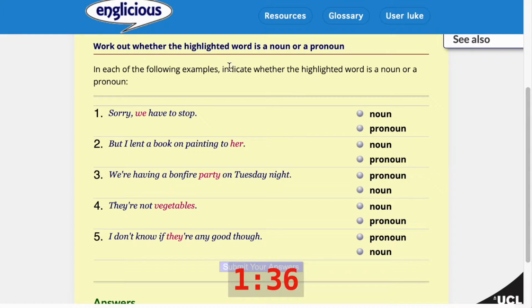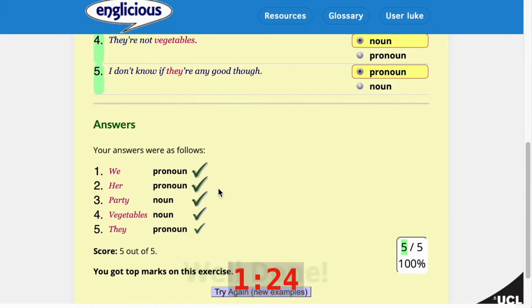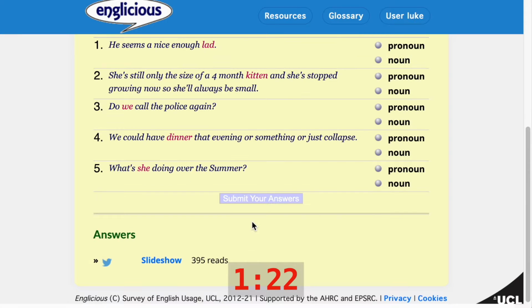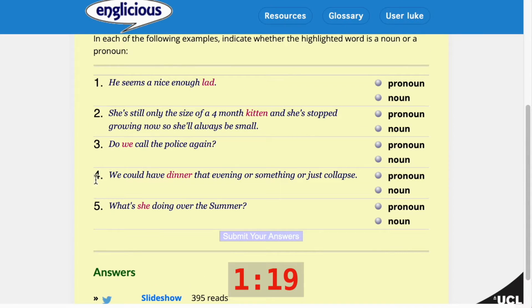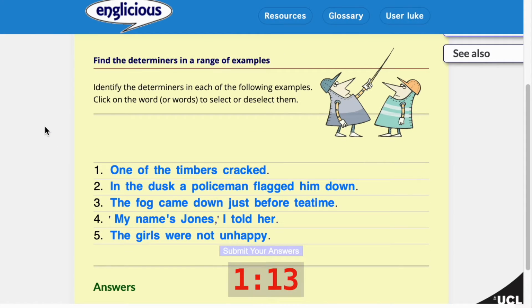In this first one, we are seeing if the highlighted word is a noun or a pronoun, and we have a simple choice between the two options, noun and pronoun. So we could again put this up on the interactive whiteboard and have your learners take part. You get immediate feedback at the bottom, and when you click try again, you get new examples. And since this is Englicious, all our examples are taken from the corpus, so they're authentic, real-life examples of English